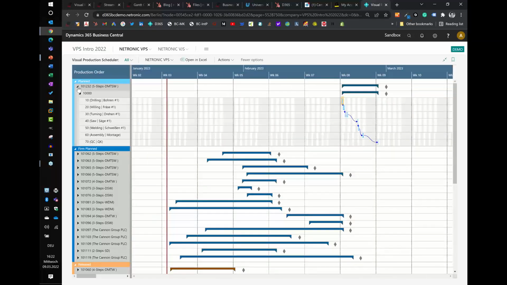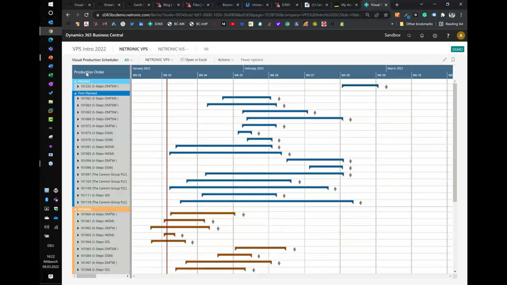So here, and I collapse this again, in what we call the production order view, we look at my production orders and I look at them by status. So I have the planned production order, the firm planned production order, and the released production order, and every line here equals one production order. So this one production order we looked at,